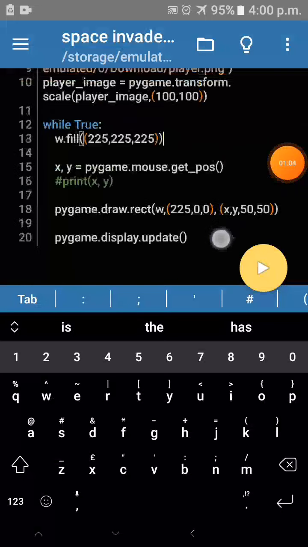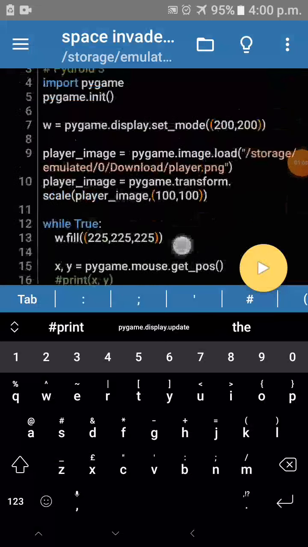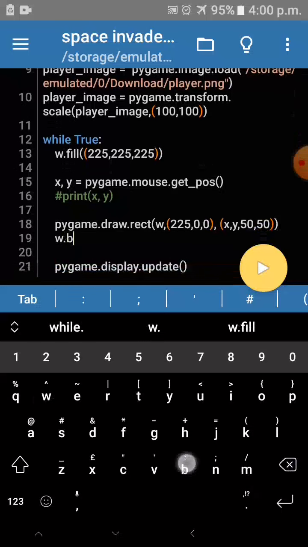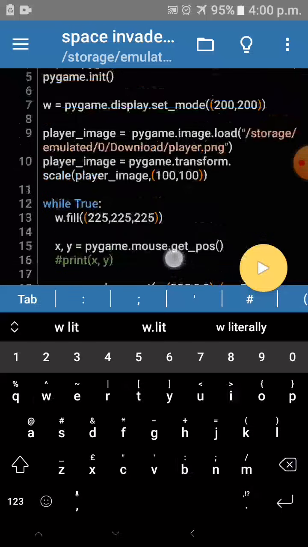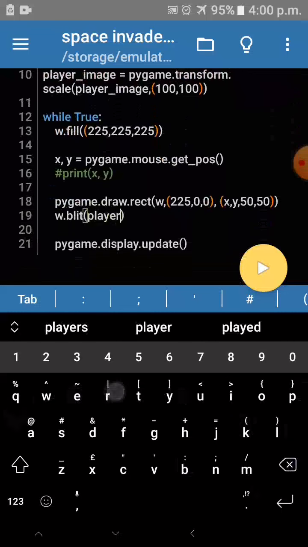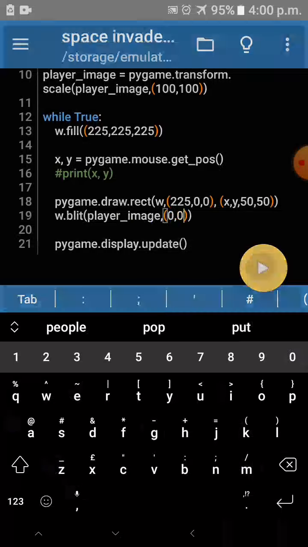For that we need another statement, that is, first we write the name of the surface, that is W, and we will blit the player image on the window, and the name of the image followed by the XY coordinate. I am simply putting 0 by 0. Now it will work. And here it is, a spaceship comes on the screen.